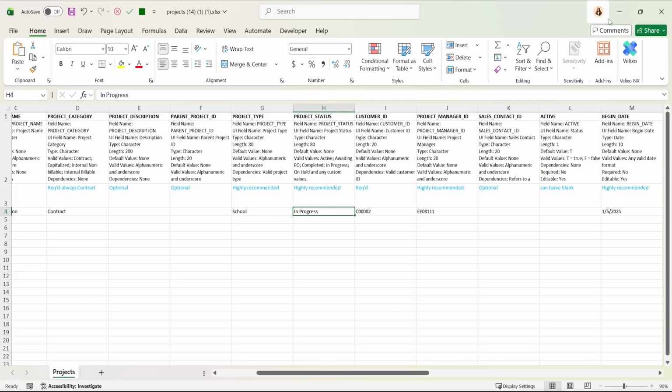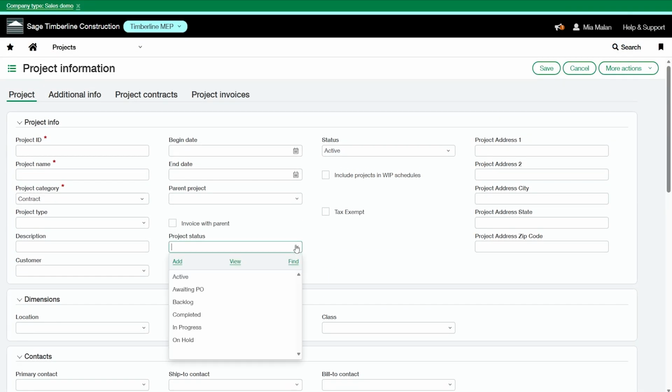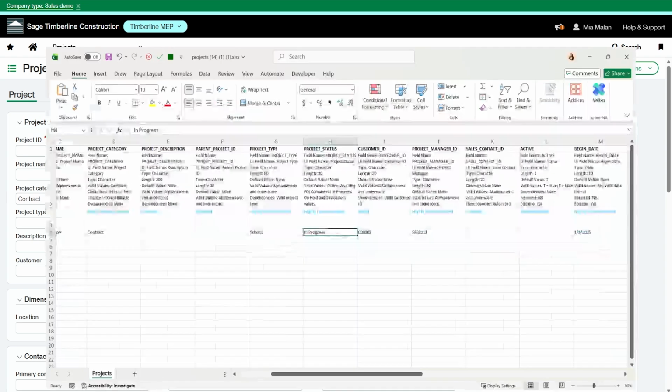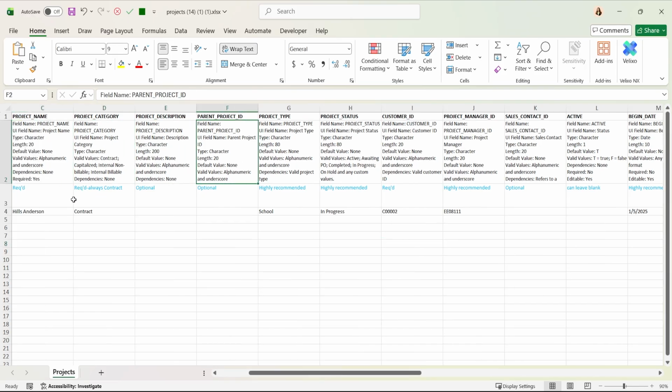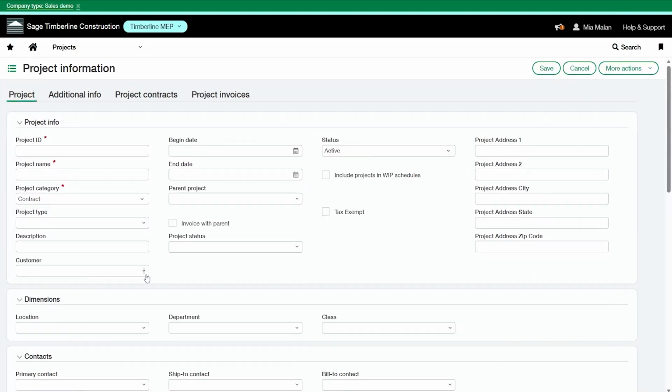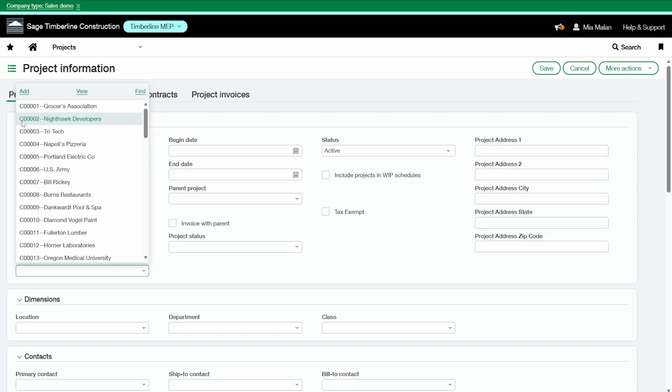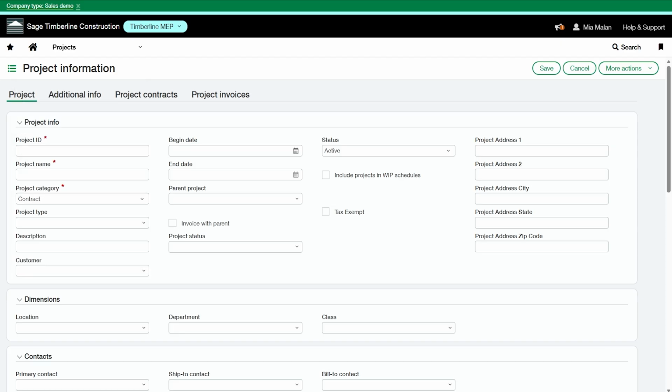So this is an in progress job. Here's the status. This is also something you can add based off your company's needs. You'll need to put a customer ID in column I. This is required. You can read the notes here as well. Row 3 are some notes that we made. So I'll need to have a customer, and it needs to match. Everything after the double dashes, you won't add to the file, so you just need the sequence here. Nothing after the double dashes.